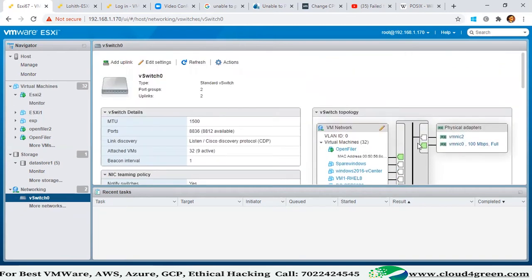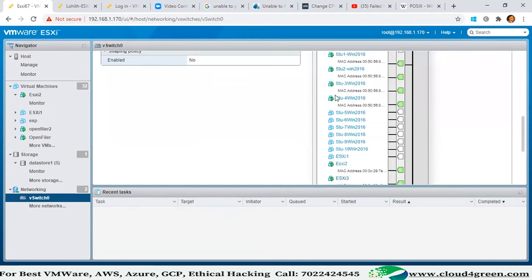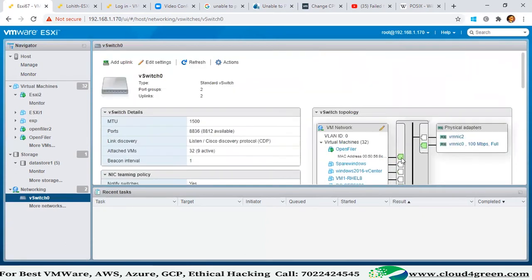The green light is near the port, correct, through which traffic is flowing. The green light means the machines are powered on. See, currently it is powered on. Green. So wherever it is powered on, traffic is flowing via this. That's the meaning. Currently traffic is flowing via this. Okay.